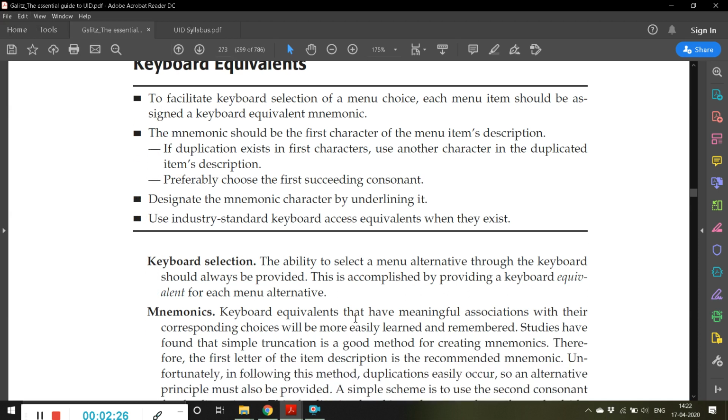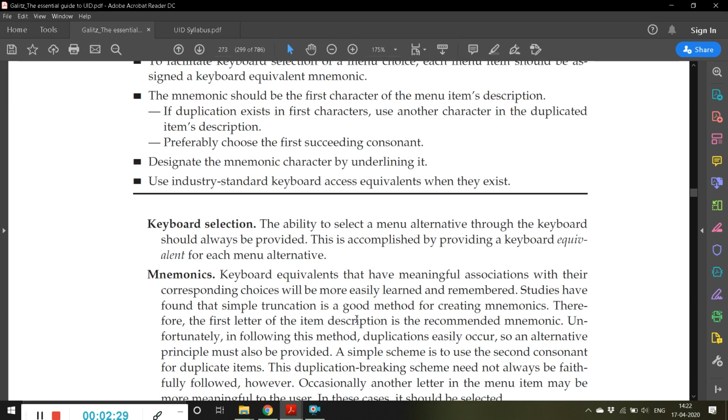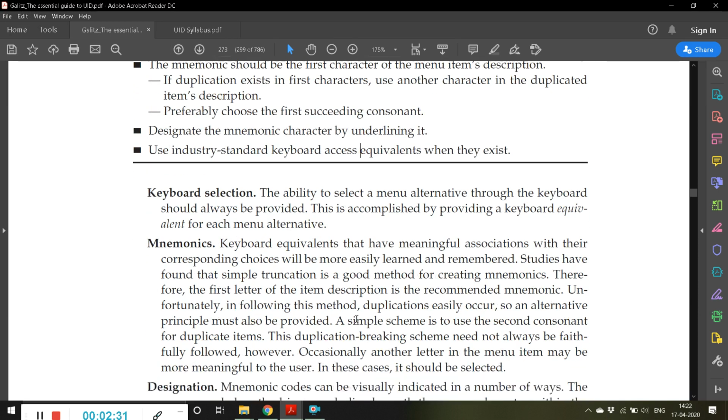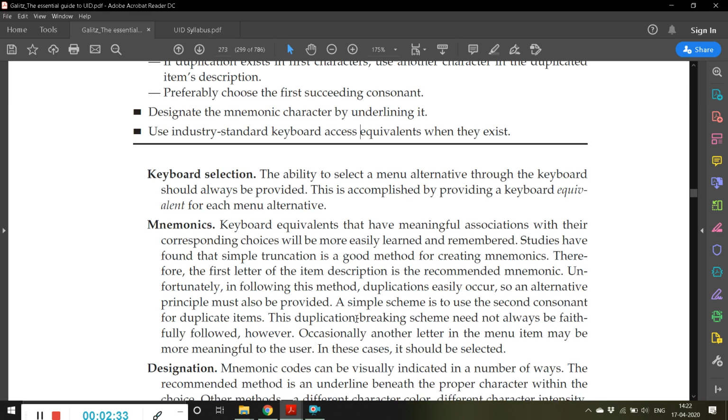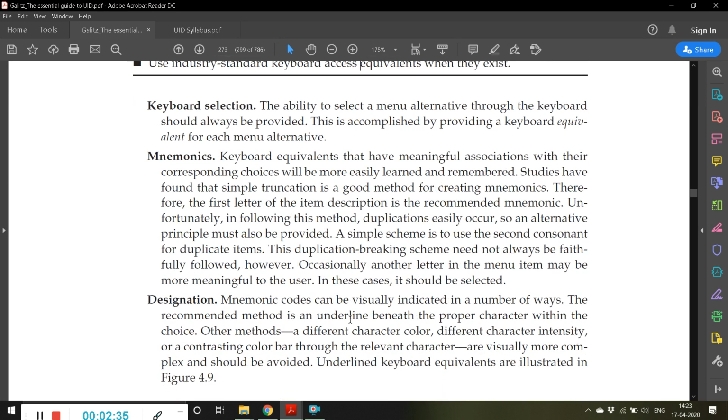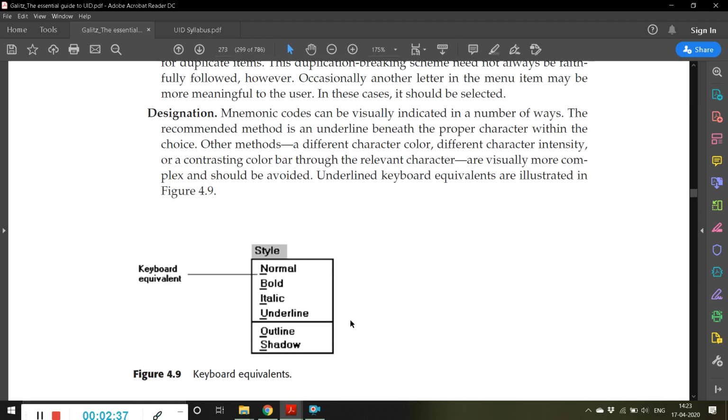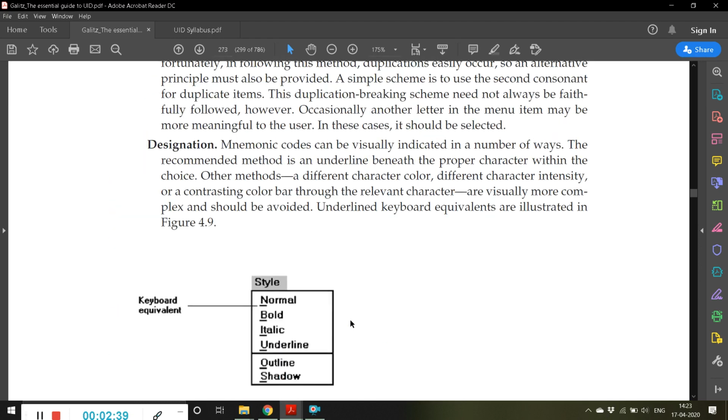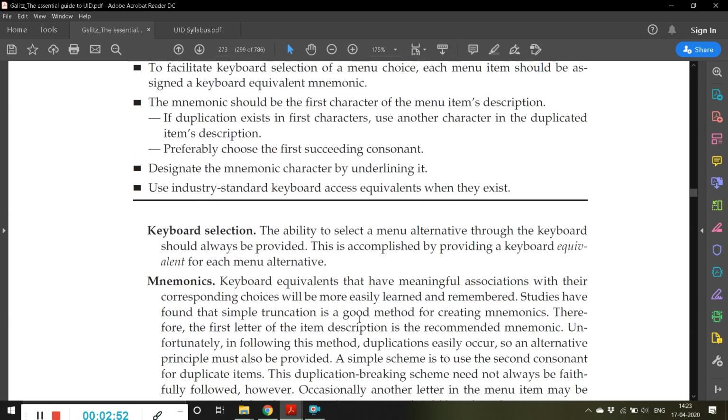Use industry standard keyboard access equivalents when they exist. If some industry standard shortcuts already exist, then it's better to make use of the same, because users are already acquainted with those industry standard mnemonics.